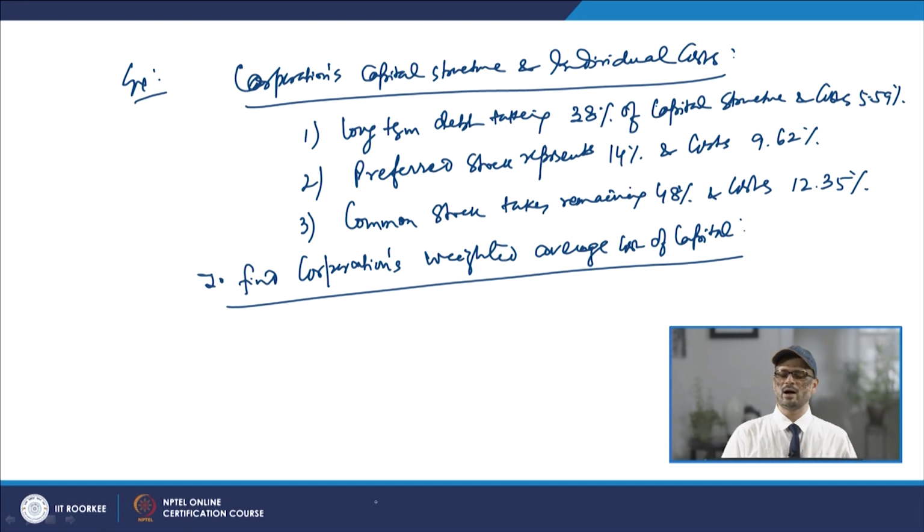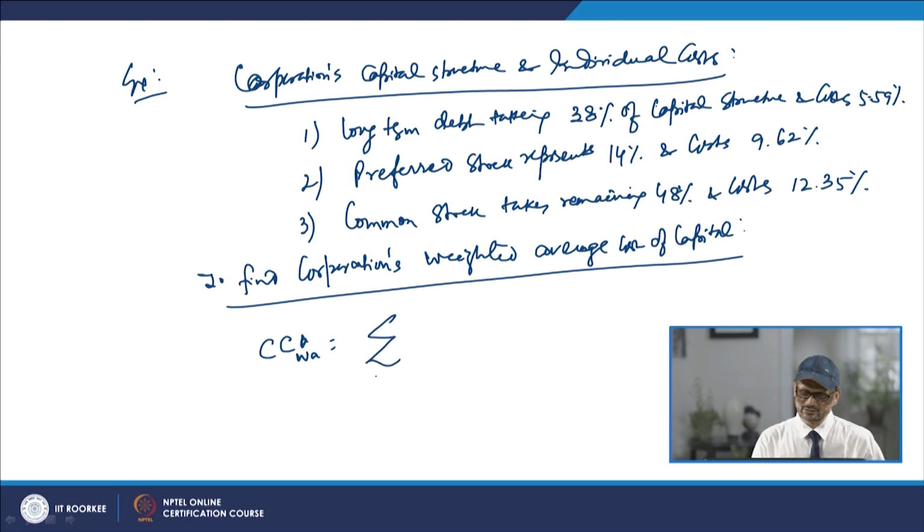So, your Wi and Ki: Wi in this case is 0.38 and Ki is 5.59%. If you find the weighted average cost of capital, you have to see that it is done